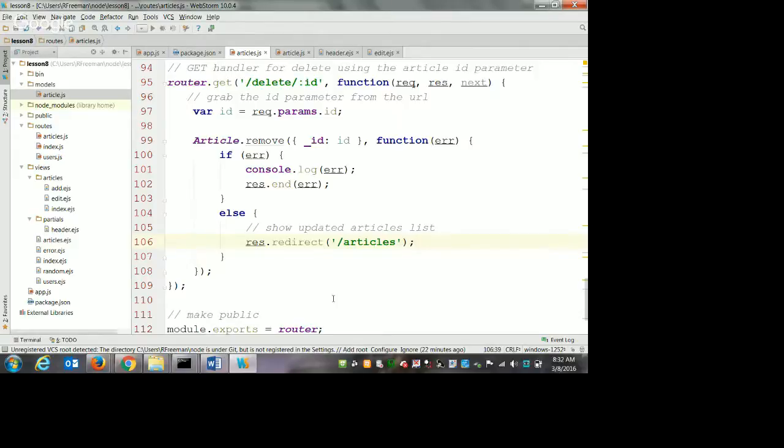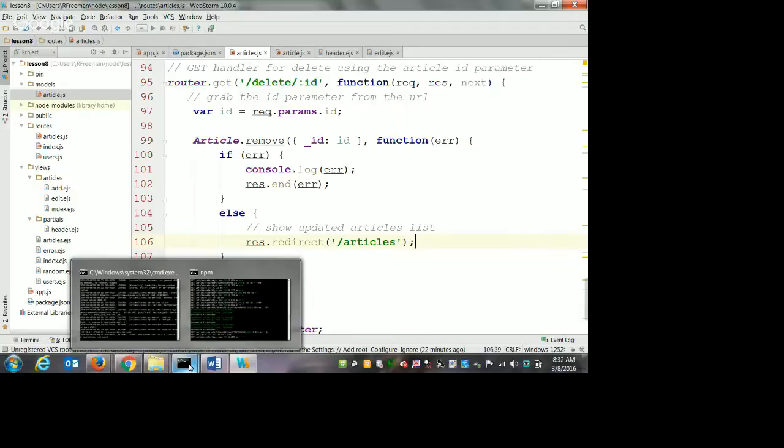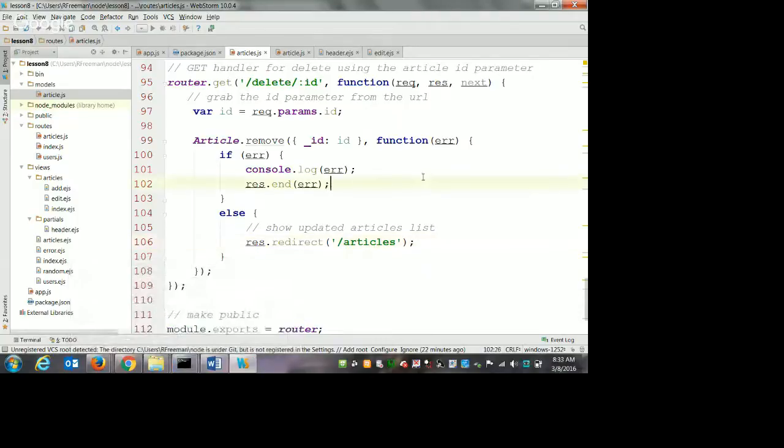Anybody get their delete to work yet? Mine just redirects with no errors at all anywhere. So it must have something to do with my error. What's probably happening in that case, well, first of all, is there an error in the log in your console? Nothing. Okay. What could be happening is this value,